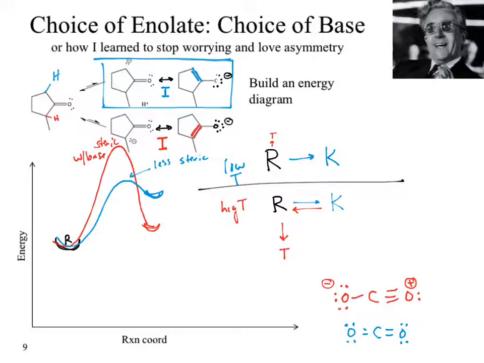But if we drew the blue one, or for that matter, how many of you would even draw the red one as a valid resonance structure? Most people don't see it, and that's ultimately because of how you were taught resonance. When we're looking at resonance, we have to evaluate both and decide, is there a difference? Yes, that difference puts the negative charge on the oxygen. That's the most stable one. That's where I need to look and do the comparison there. Okay? After that is then what's the most reactive thing? The pi bond. The red one is a more substituted pi bond. The more substituted pi bond, the more